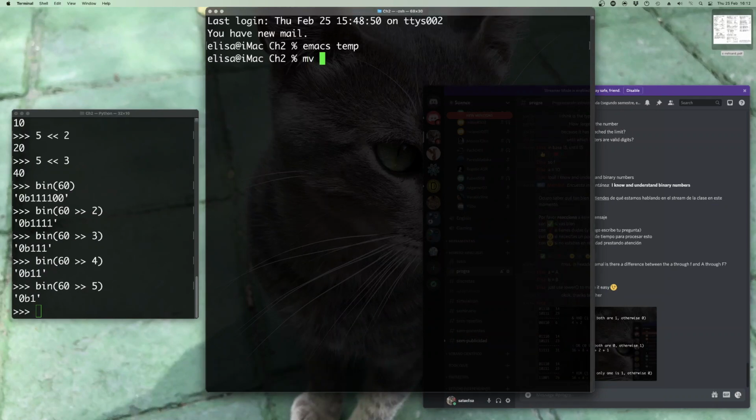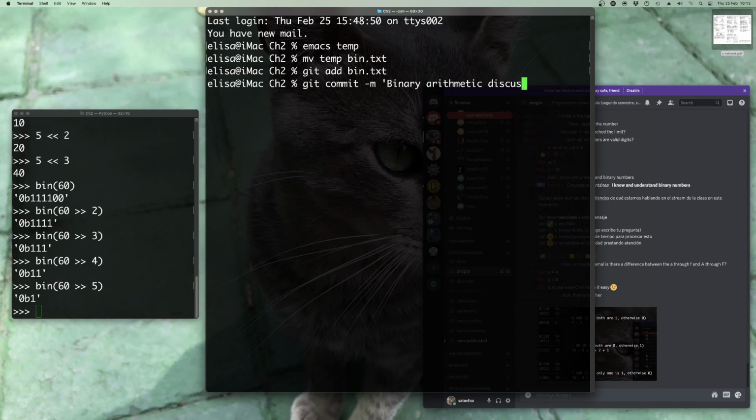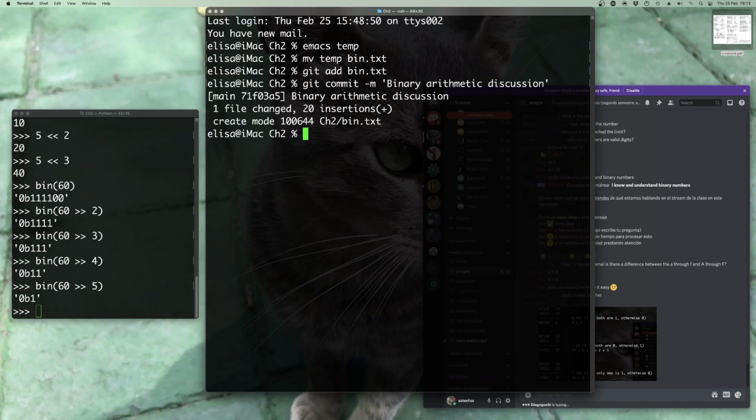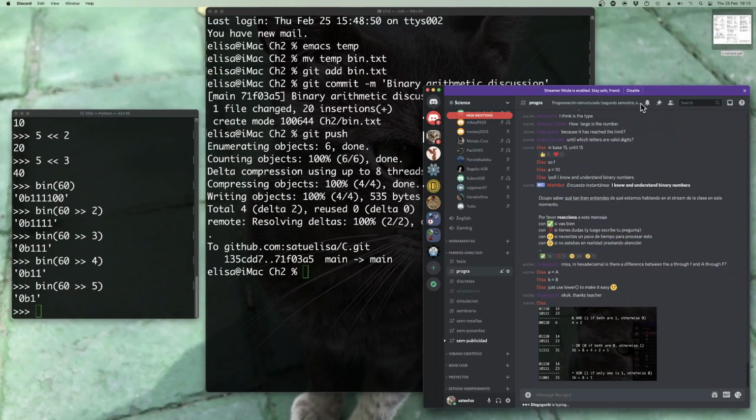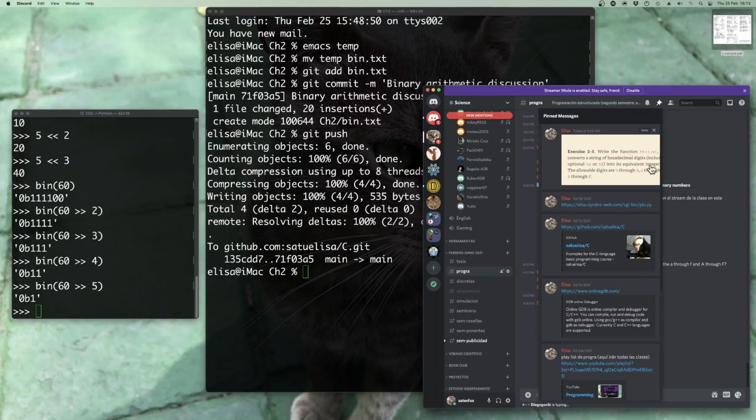I'm actually going to rename this to, let's call it bin.txt. Let's add it to the Git repository. Goes in the Git. There we go. And now we should be in condition to look at the last exercise we were going to do,